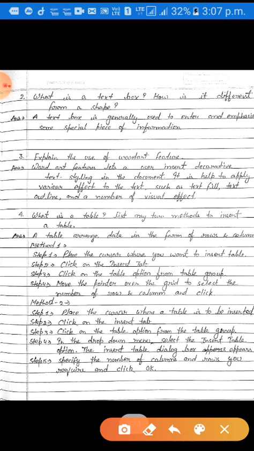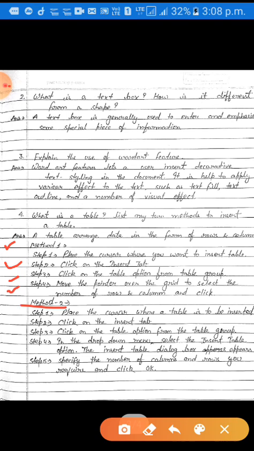Method 1: step 1, place the cursor where you want to insert the table. Step 2, click on the Insert tab. Step 3, click on the Table option from the Table group. And step 4, move the pointer over the grid to select the number of rows and columns and click.